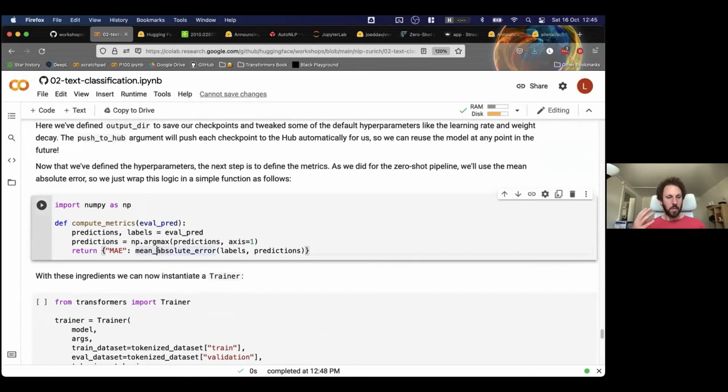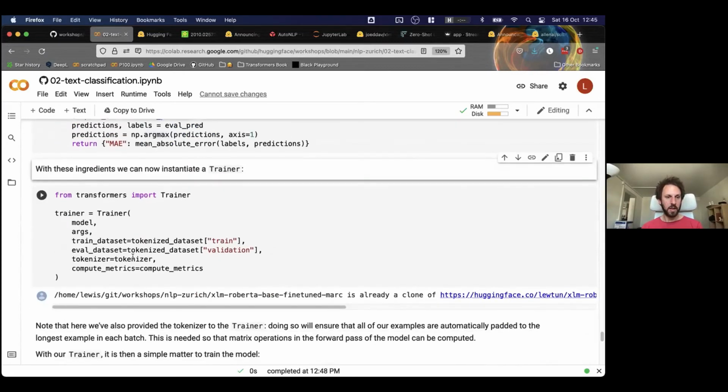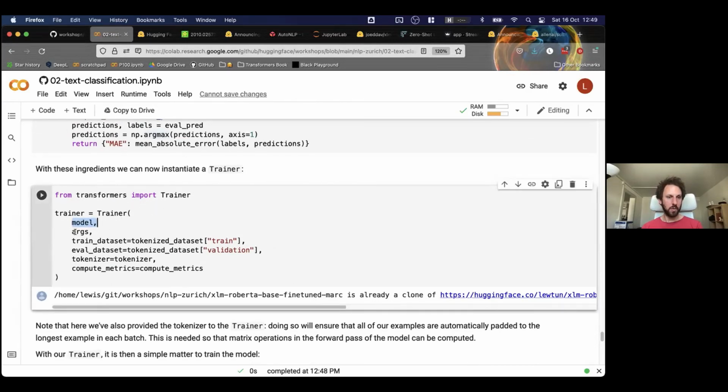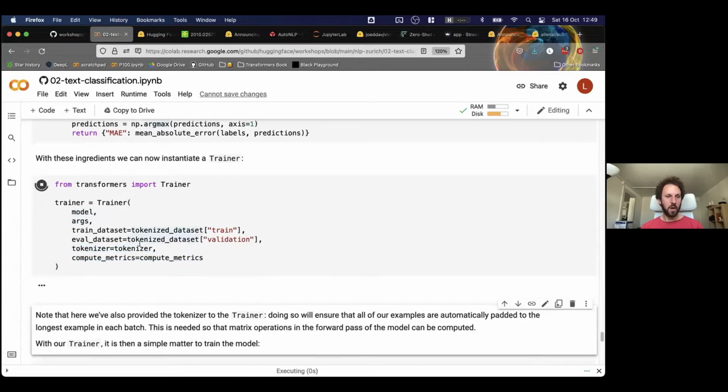And now we need a metrics function. We already have this mean absolute error from scikit-learn, and the only thing we need to do is wrap this in a dictionary so that we can return the metric during training. That's what I'm doing here. I'm just using the argmax to get the most likely candidate. And then that's it. We now need to instantiate the trainer. The trainer receives the model that we want to train, the arguments, the training data sets, and the compute metrics. And if we provide the tokenizer, like I do here, this will,